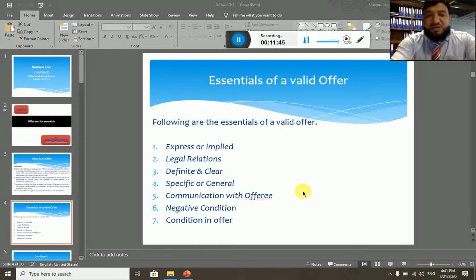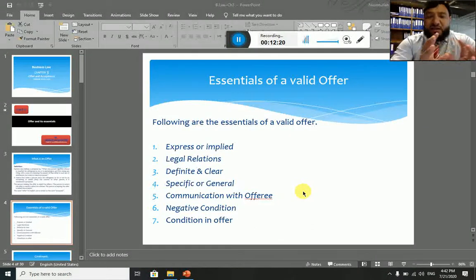The third one is definite and clear. The offer should be definite. Definite means the words that you use while making an offer should not have more than one meaning. The words should be definite, defined, and clear. Whatever you make an offer for, the quantity, the quality, the color, the brand, etc., everything should be definite